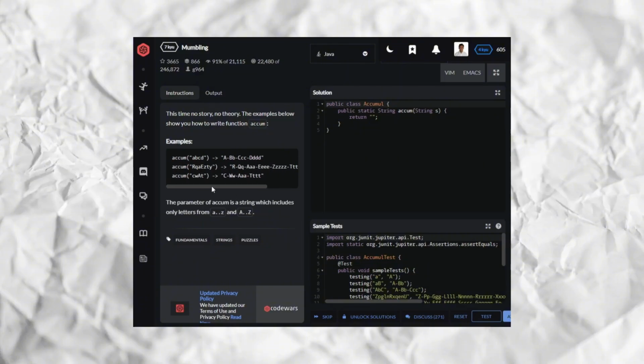Okay. If it's in the first position, it's just 1. If it's in the second position, it's 2. Third position, 3. Fourth, 4. Okay, I think that's gonna be easy. And the parameter of accum is a string which includes only letters from A to Z, both small letters and capital, which is good. So what we can do now,